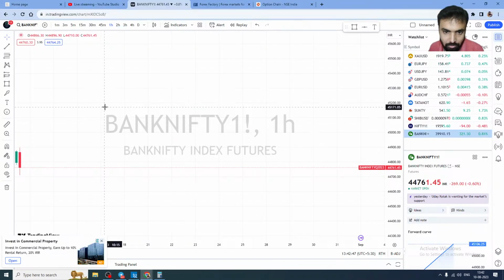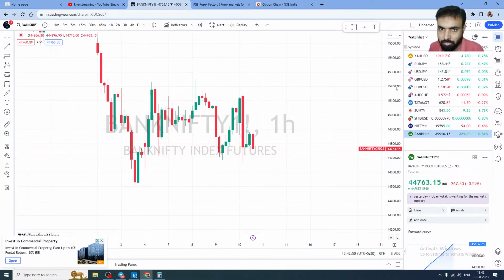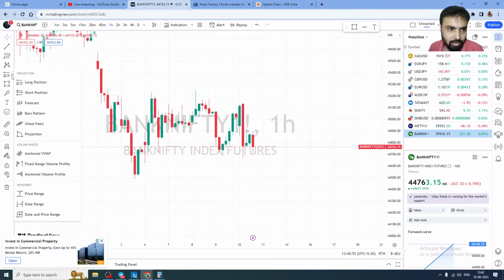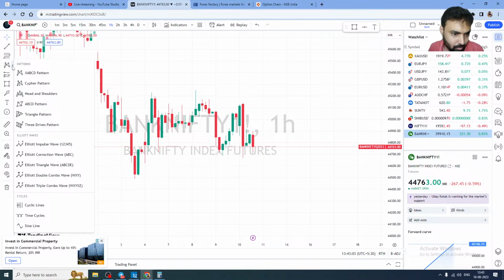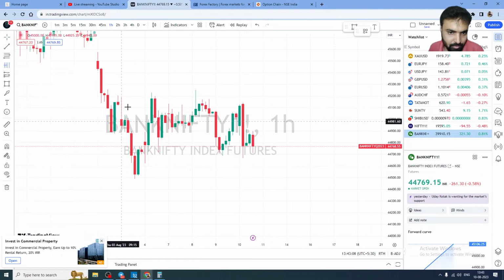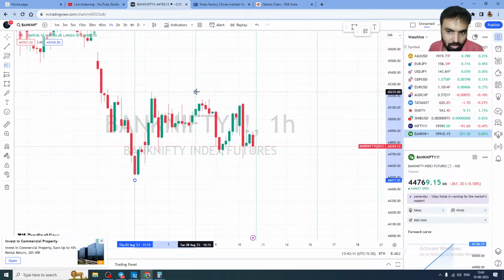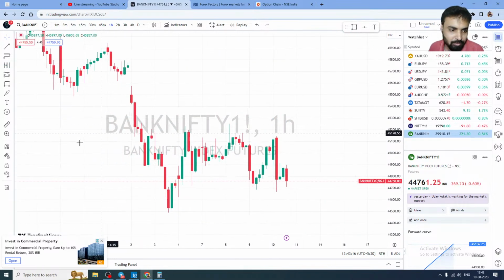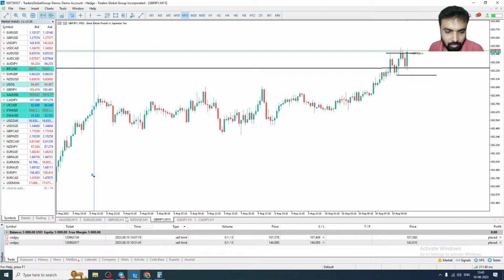So, for example, let's go to this one. You can see Fibonacci fan somewhere here. I think here will be there. This is the one, I think, cycle lines. If you put swing to swing, right? I think the Fibonacci line will be there. I don't know where it is. Okay, let's see here itself.